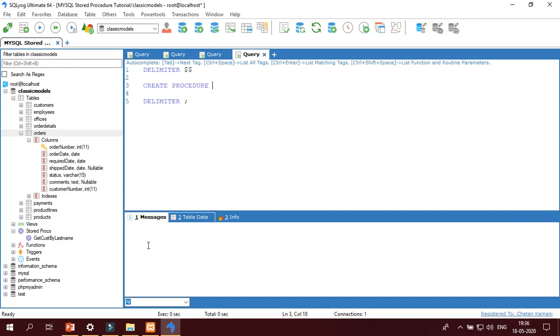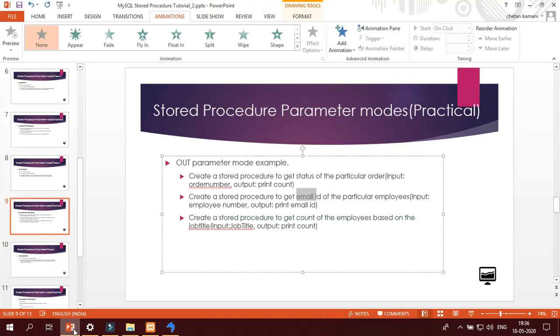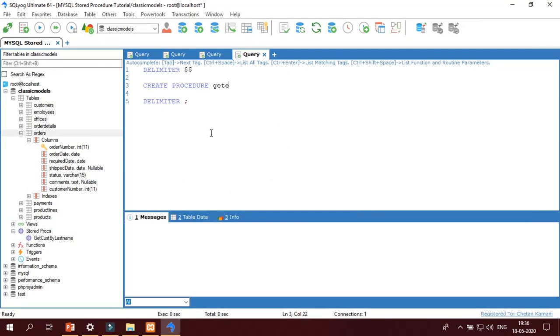What is the name of the procedure? Get employee email. For that, I will pass the employee number in IN parameter mode.